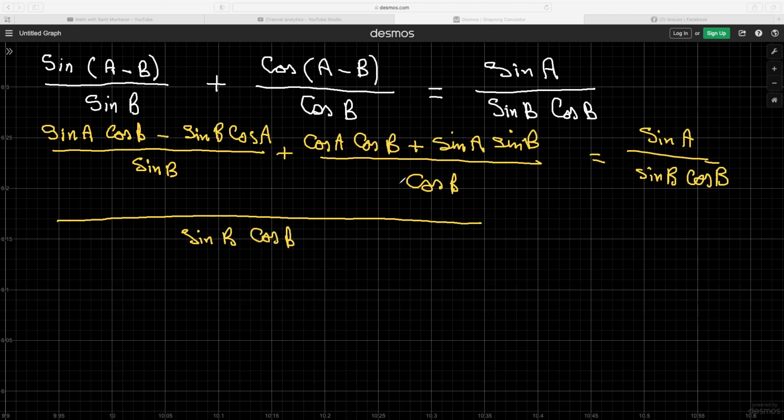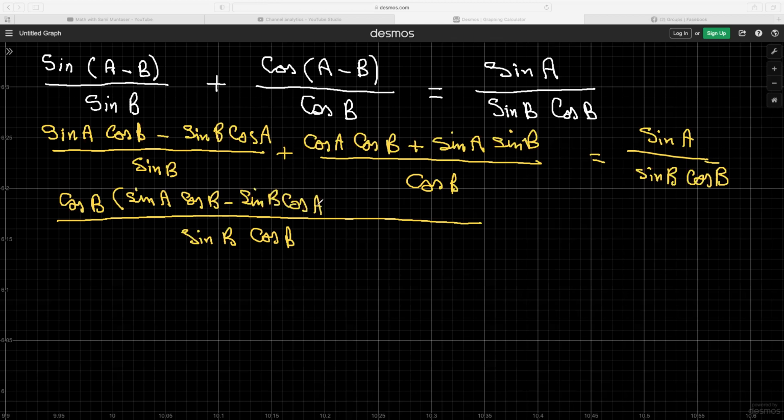So we know we have to multiply the cos B into this here and the sine B into this. So I'm just going to write sine A cos B